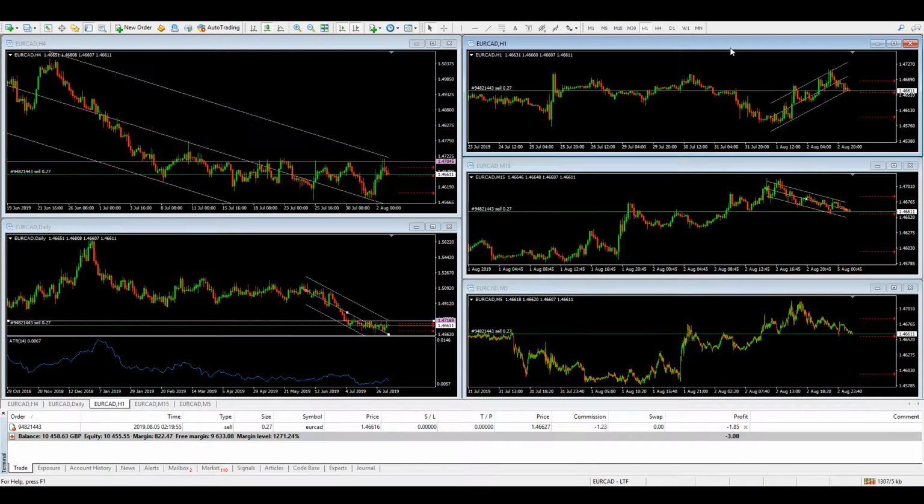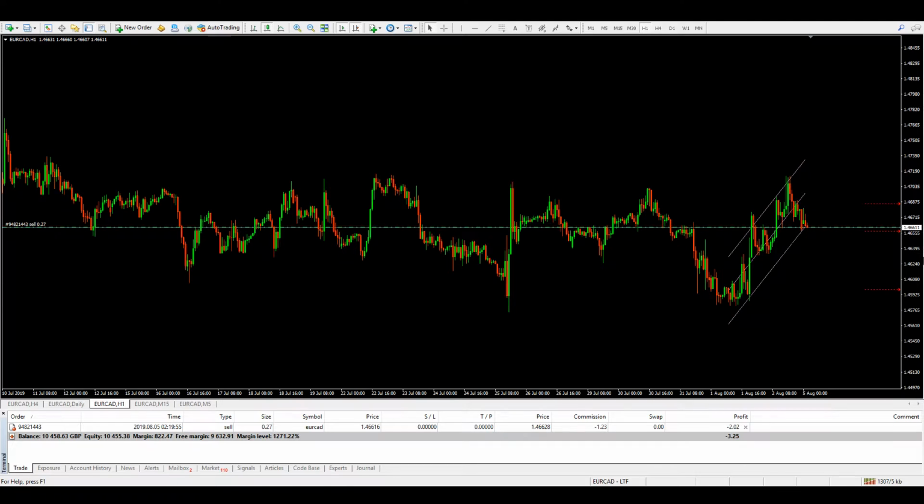What worries me on the daily, if we blow this up, is that we can see this most recent move here has been upwards, providing us with higher highs and higher lows, and it is still within the standard deviation channel. So I have entered this trade, you can see here, just recently. I have shorted this already, and it's a bit of a sticky situation, because I have sold into what is viably support. We can see that this level here where I've sold at, there's kind of a zonal support here. It is also at the lower edge of the standard deviation channel.